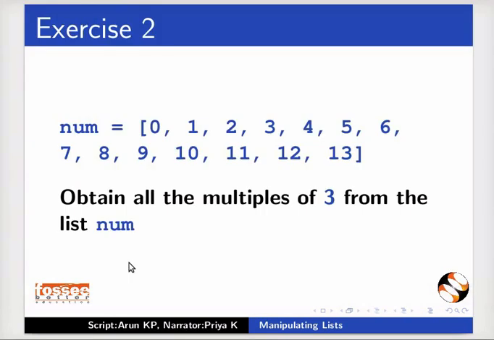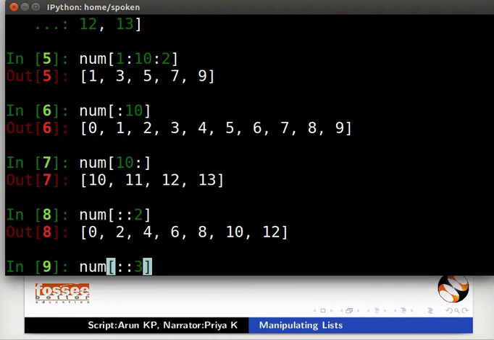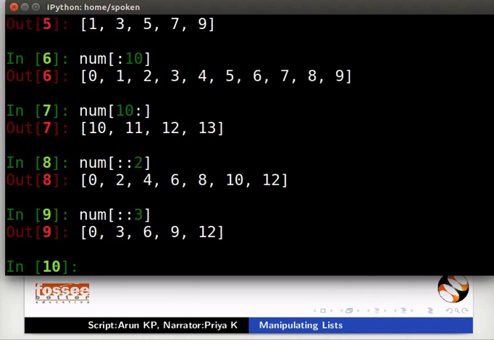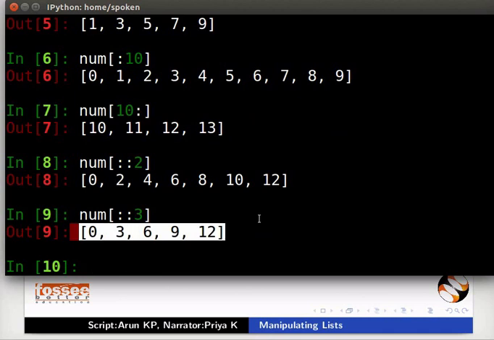Try this exercise and then resume the video. Obtain all the multiples of 3 from the list num. Switch back to the terminal for the solution. Type num inside square brackets ::3. It gives us every third element from the list, that is multiples of 3.